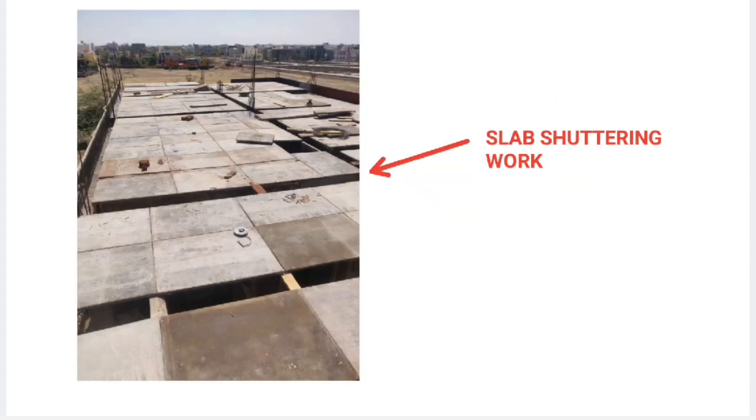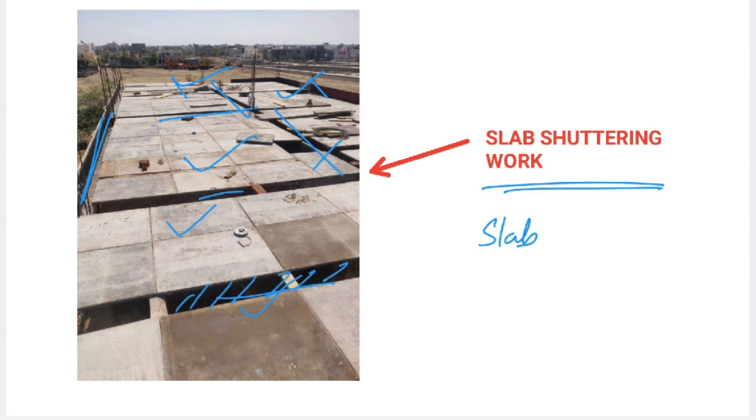Once this work is completed, we'll go for another 5 to 6 days of curing. Okay, after that we can start the shuttering work. Here you can see the shuttering work is going on. This is the shuttering work mainly for the slab. The depths, that is the grooves that are visible, are the beams, the lines of beams. Okay, these need to be filled with shuttering material. The work still remains.